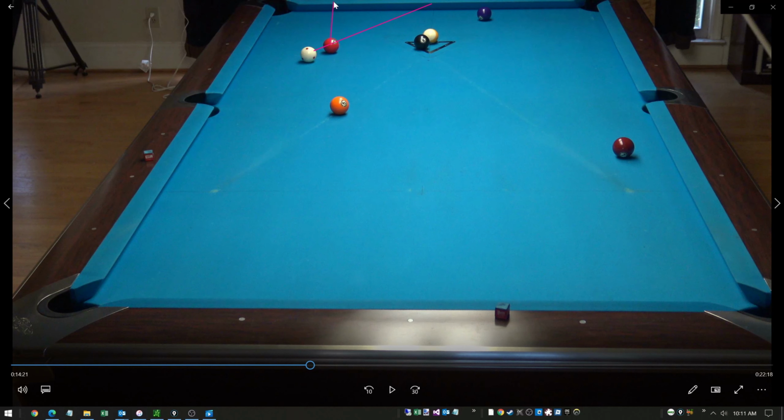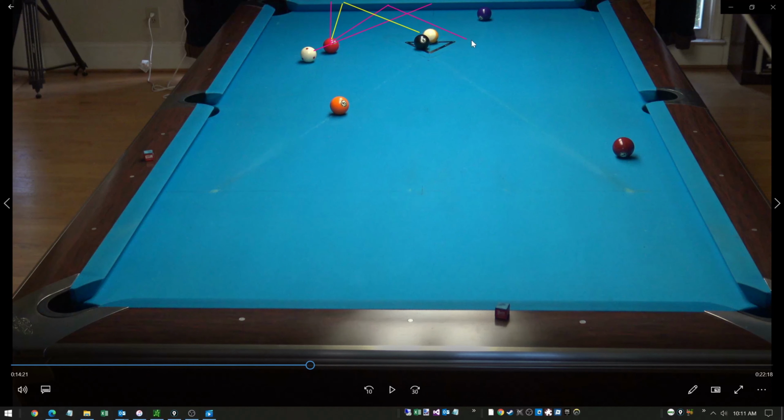Here's the line to the rail here. So what we want to do is aim this about a third of the way across so that our cue ball will come off and go straight to the rail. If we can do that, then we can manufacture spin to try to drop it in between the 8 and the 9. And we don't care where the 3 goes as long as